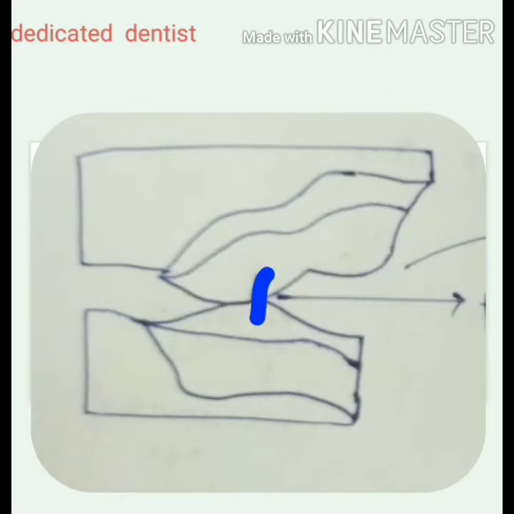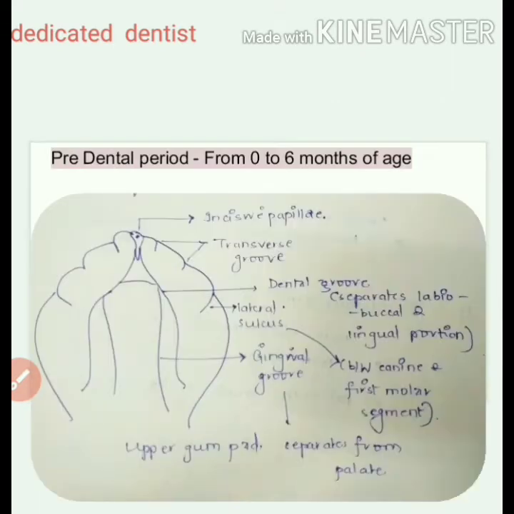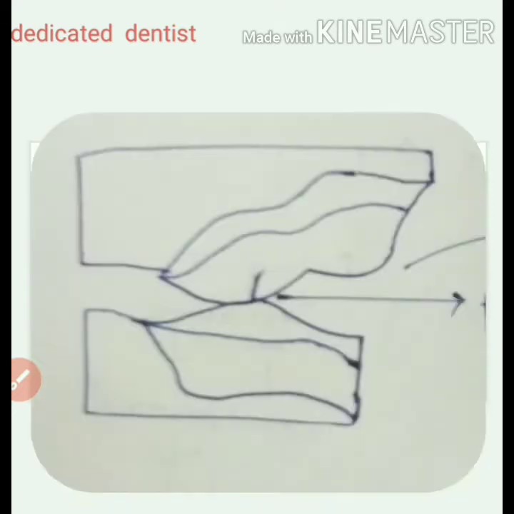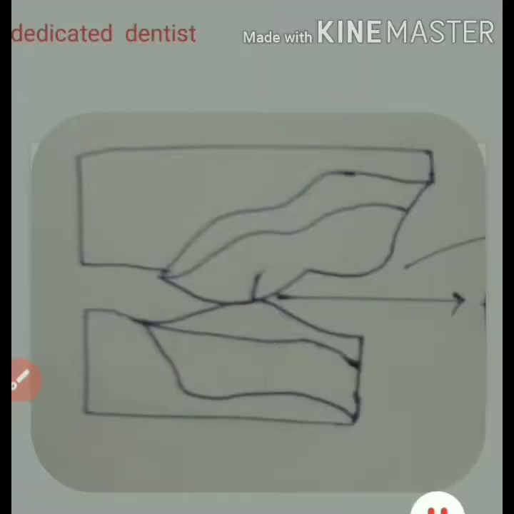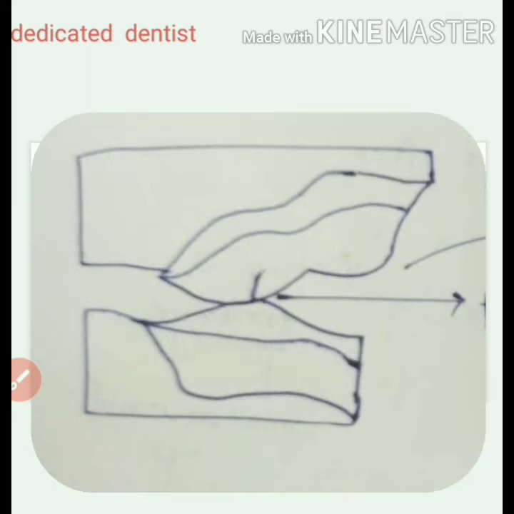So this overjet is present, and this resolves with time and eruption of teeth, and also with the growth of the gum pads. So that was all about the gum pads in the predental period. There are no teeth, and it lasts from birth till 6 months of age. And the teeth are present in the tooth sac and crypts. So this overjet will reduce due to the forward growth of the mandible.